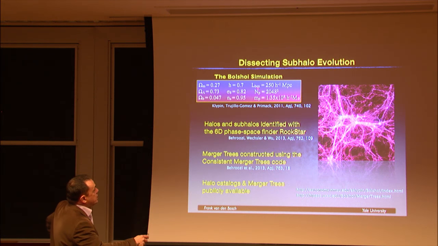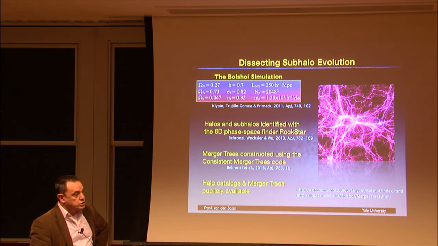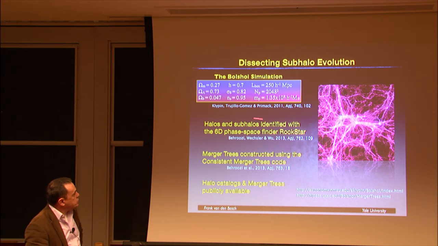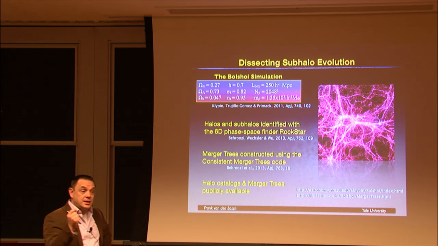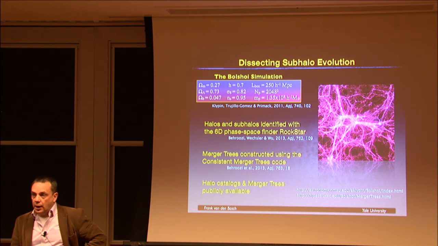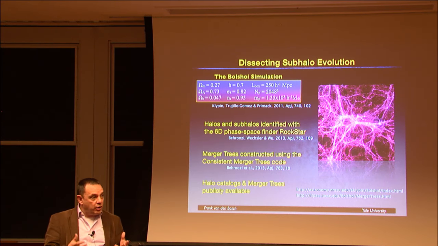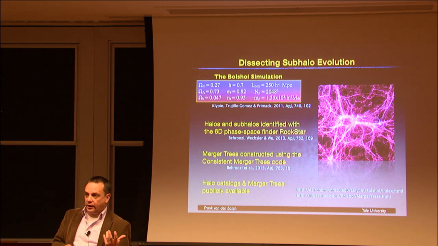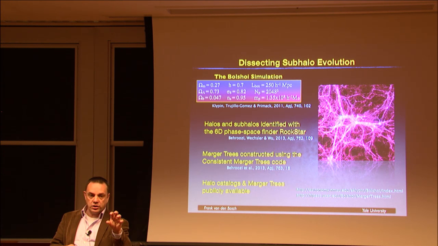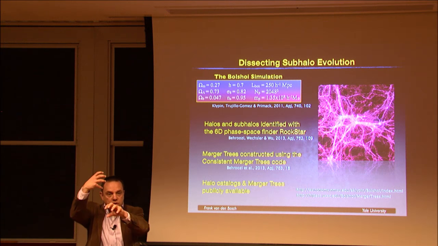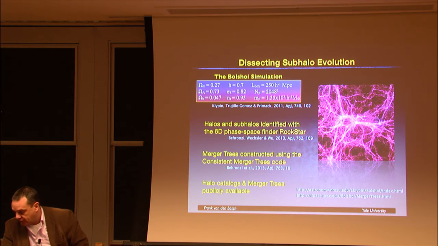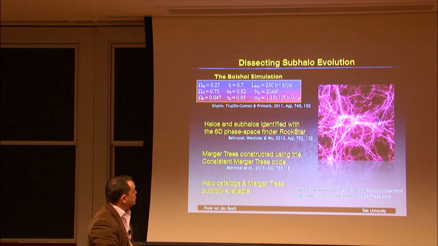The Bolshoi simulation has a box size of 250 megaparsecs and 2048 cubed particles, a state-of-the-art cosmological simulation. The nice thing is the halos and subhalos have been identified with a 6D phase space halo finder called Rockstar, which was developed by Peter Behroozi. And this is really cool because a lot of halo finders that people use, even today, things like SubFind, which is very popular, just identify halos in configuration space. And it's really hard to do. In 6D phase space, you will see a subhalo as just a coherent blob of things moving in one direction. It's much easier to identify subhalos with a 6D phase space finder.